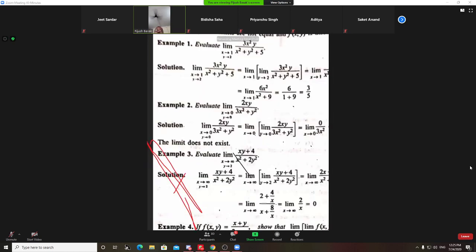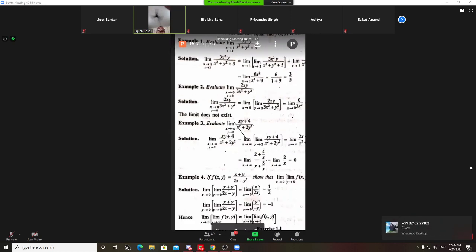Using the pointer, first substitute the value. What is it? It is xy plus 4. Then substitute the limit of y equal to 2, because y tends to 2. If you put y tends to 0, then it comes to limit x tends to infinity of 2x plus 4. Example number 3: limit x tends to infinity of 2x plus 4